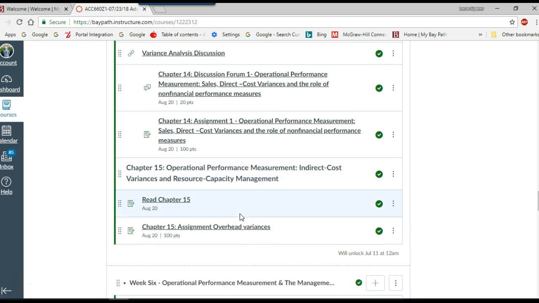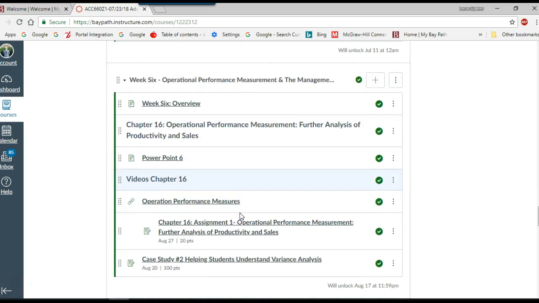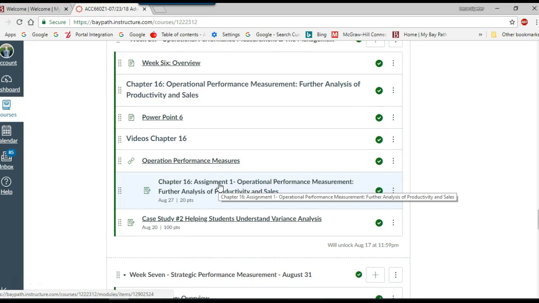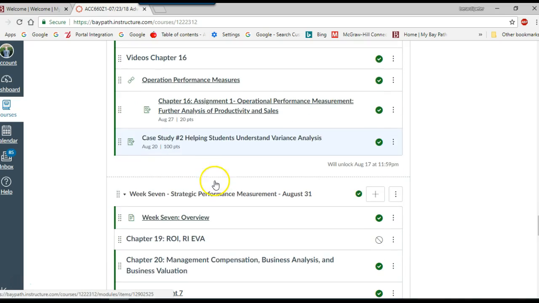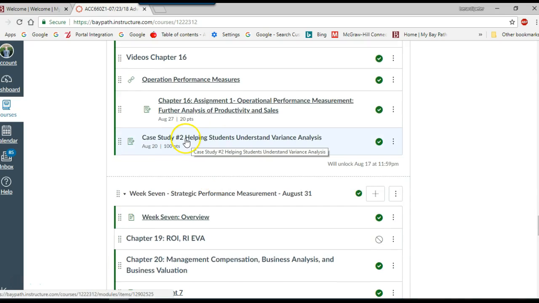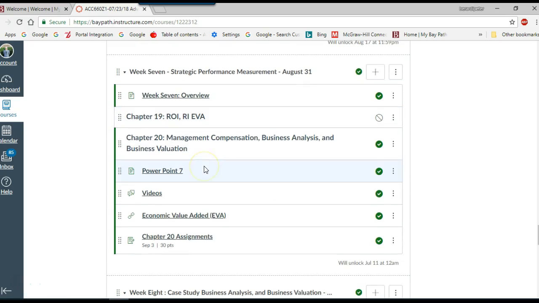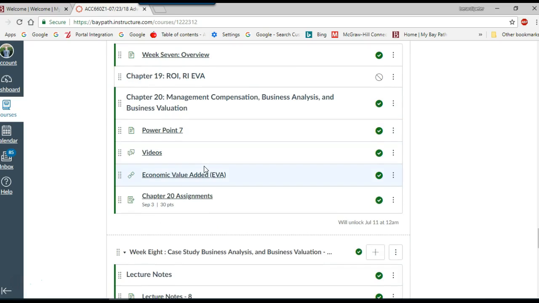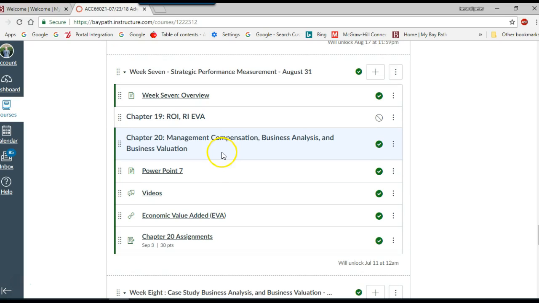Then week 6, the final week, further analysis on productivity and sales. You want to just read these. Chapter 16 does have an assignment, and based on that assignment, you're going to have a case study for number 2 on variance analysis. And then week 7, we're going to learn about management compensation, business analysis, and valuation,